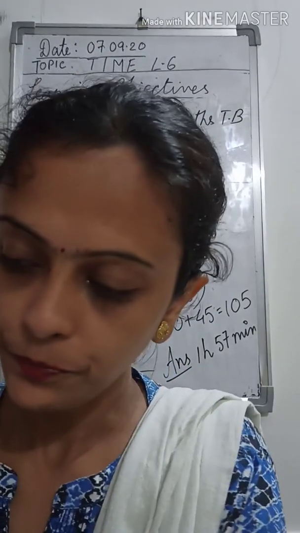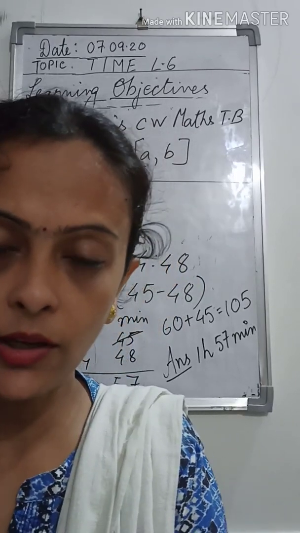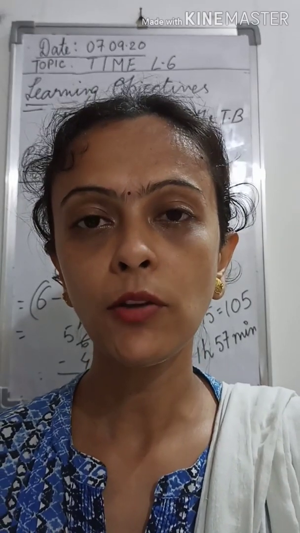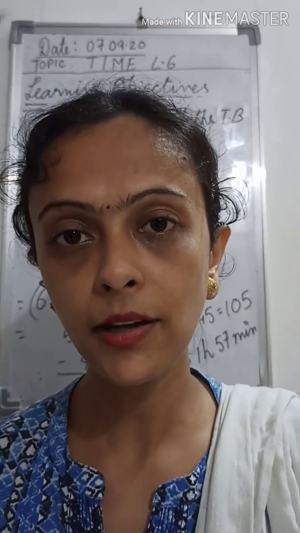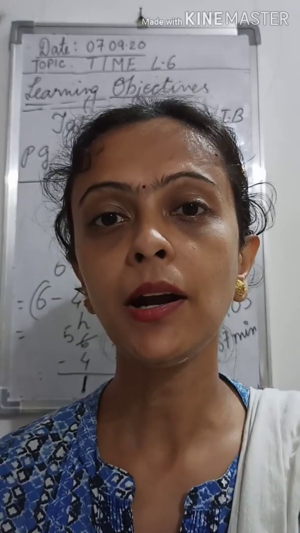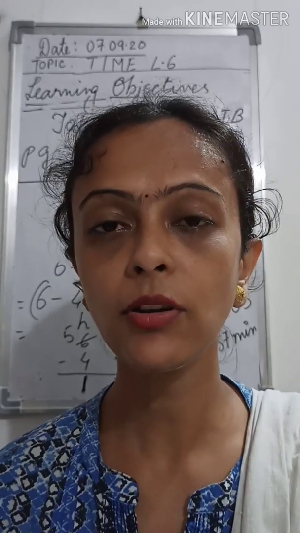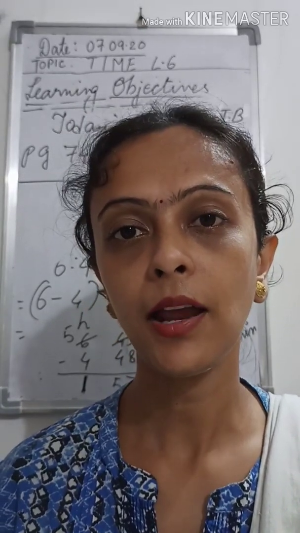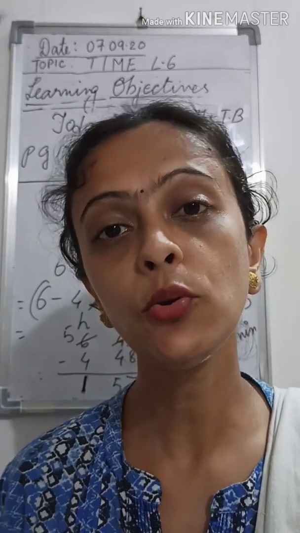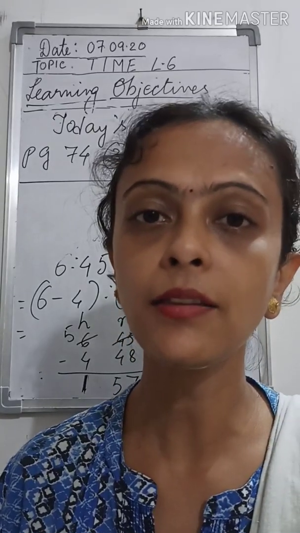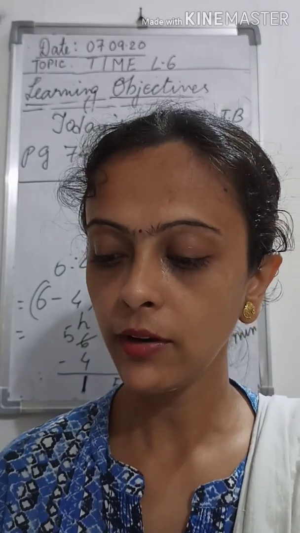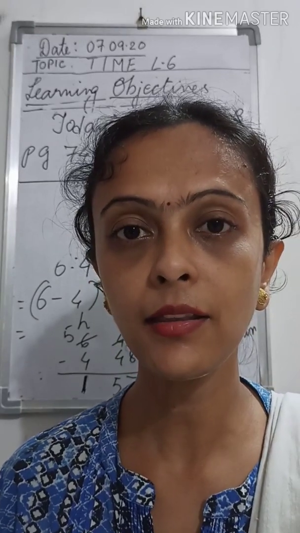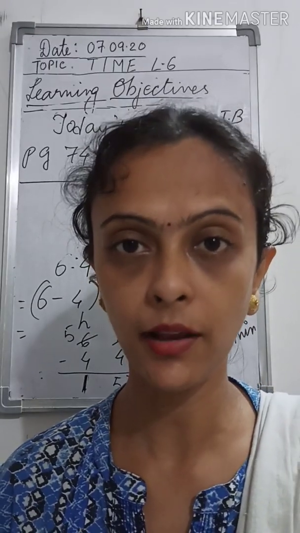Okay, so what we have discussed today in our class: we have discussed how to convert 12 hour to 24 hours, 24 hours to 12 hour, and how to calculate the time duration. If the minute part is smaller, you cannot subtract it, isn't it? So in that case, we borrow 1 hour from the hour part and do the subtraction. We calculate the duration of time by subtracting the start time from the end time. And also, we have learned how to convert in 24-hour clock, how to read the times, how to understand whether this is a 24-hour timing or a 12-hour timing.